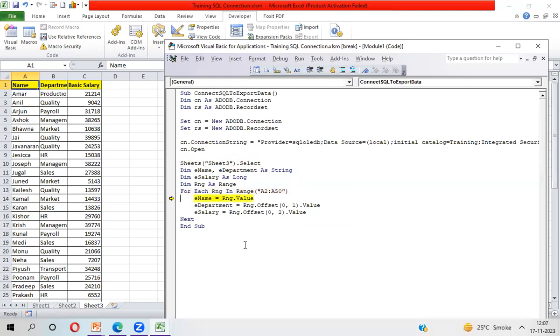Now running it. So first data Amar production, and this salary is stored into this variable. You can see here e name you are getting Amar, e department you are getting production department, in e salary you are getting 21214. Okay, now it will read second data. So you can see here second data is Anil quality and 9042. Anil, quality, and 9042. Okay, so in this way I'm just reading data into our variable. So as of now my data is there, department quality, salary is this one. Okay, so in this way I'm storing data into VBA